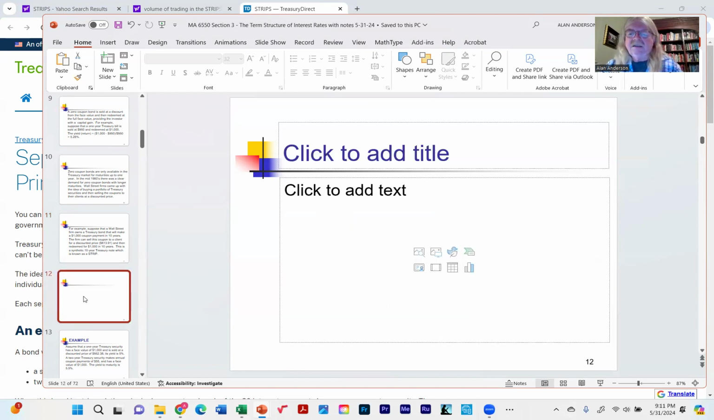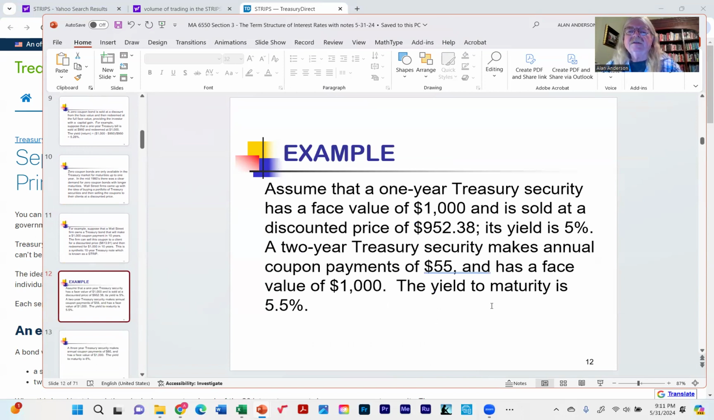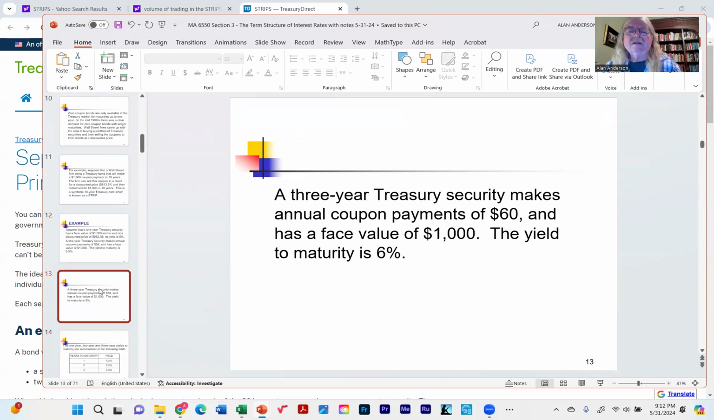All right. So now here is an example. Here's a one-year Treasury security, face value of 1,000, sold at a discounted price of $952.38. That implies a yield of 5%. Now, by the way, how do you know that? Because